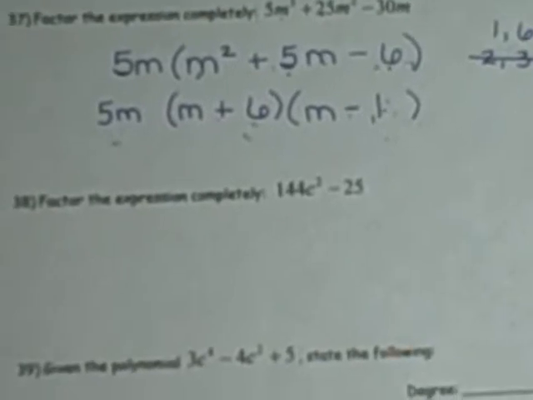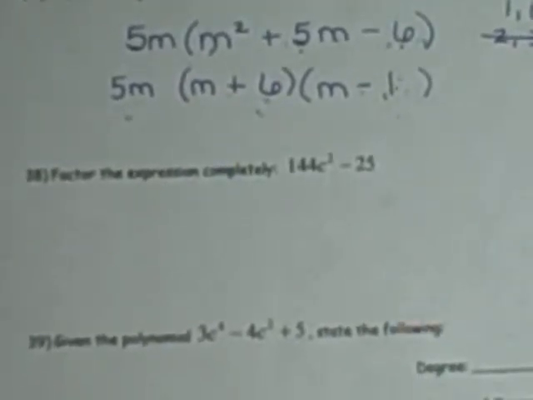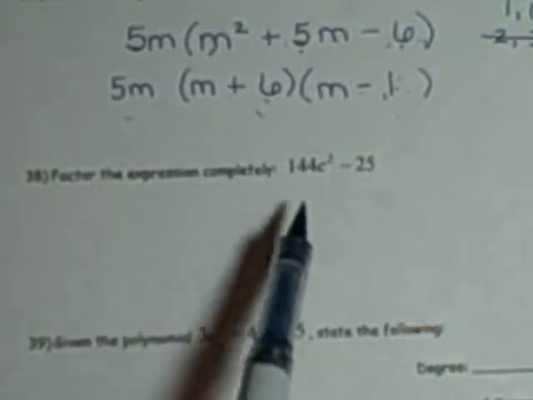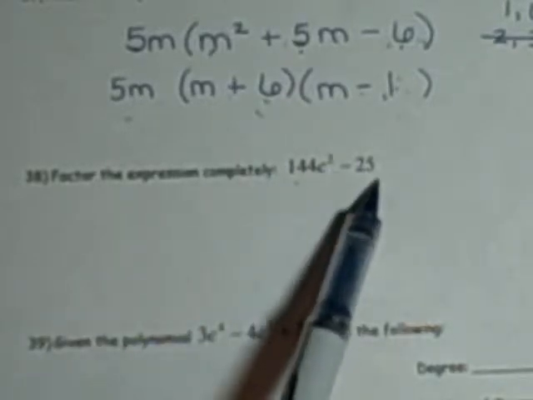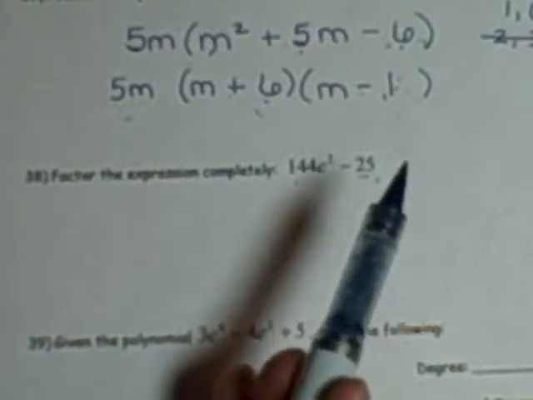Okay, let's look at 38. This is another one that's asking us to factor, and hopefully these numbers are jumping off the page at you. Think about what's special about 144 and 25. Those are both perfect squares. So I can factor with that,